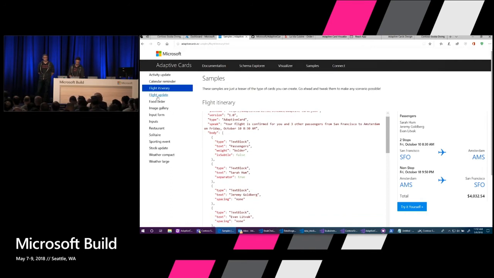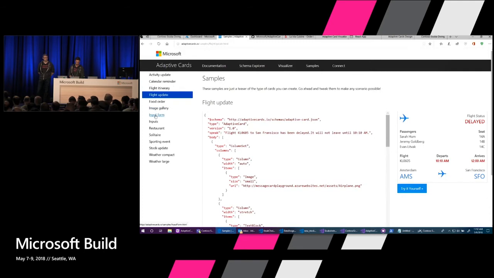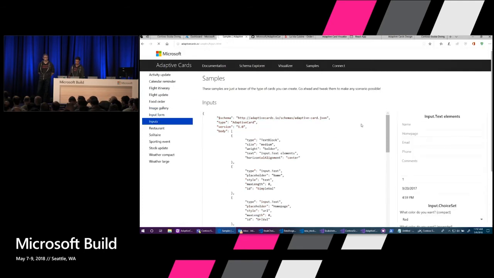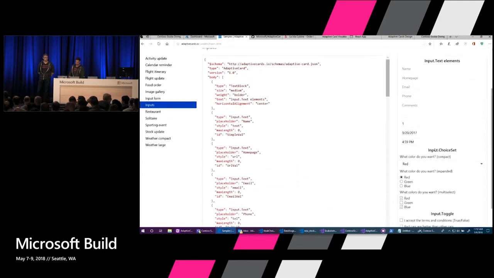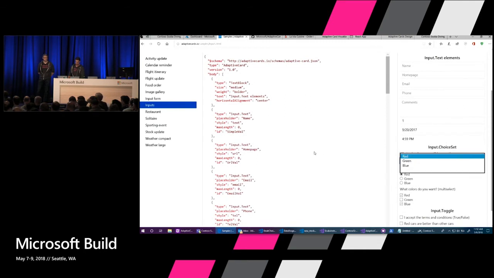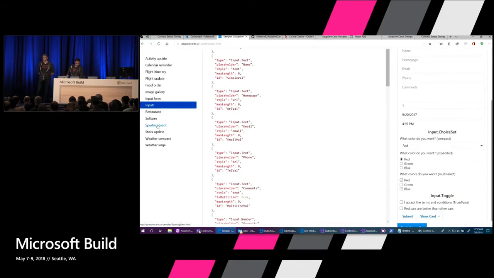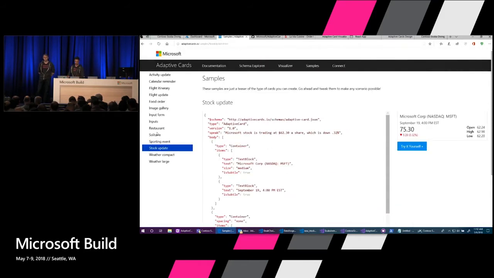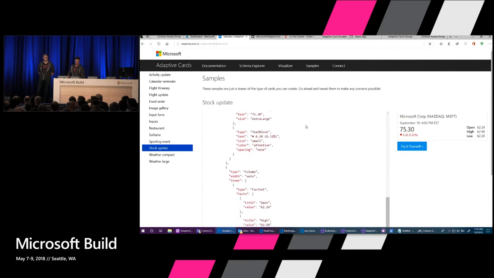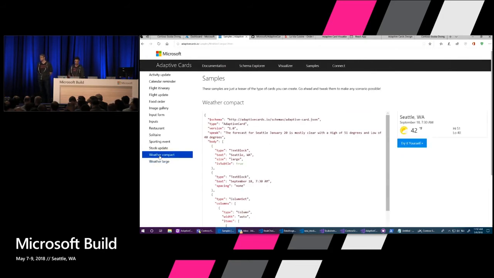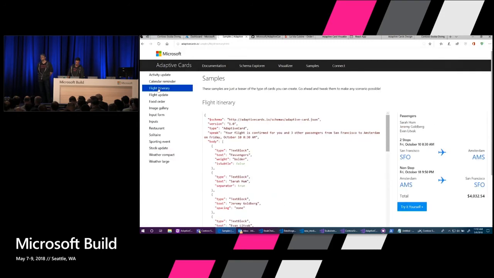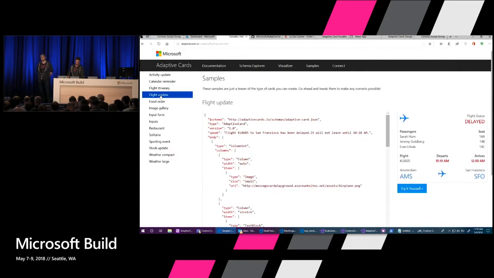I'll just flip through. So there's the flight itinerary. There was the flight update. We have a rich set of inputs, so you can do drop-downs, and again, all abstracted away so that this will create native UI on any platform that you happen to be on. We could do stock updates. Stock updates are surprisingly lacking in the template world. You could do weather, and again, these are just samples. So what we're going to do is take a flight update card